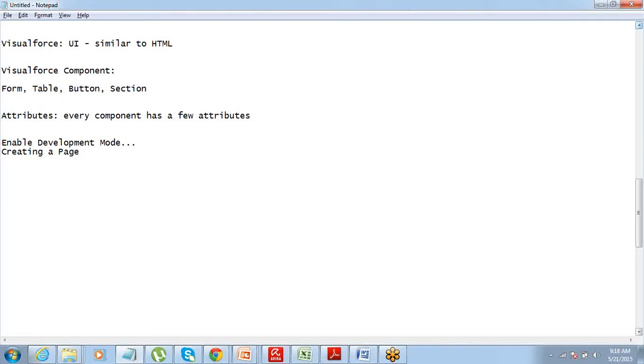You should also know what is a markup versus a controller, and you should understand components and attributes. So these are the things that you need to understand: development mode, creating a page, markup versus controller, components, attributes.